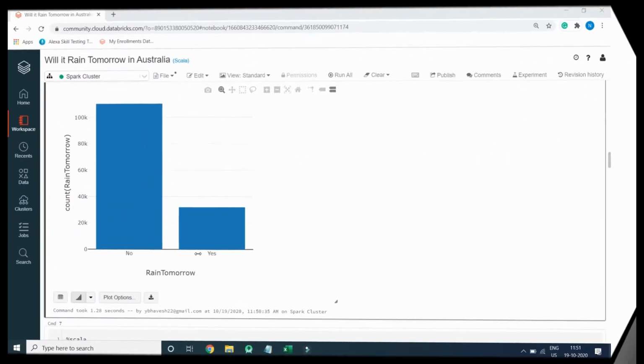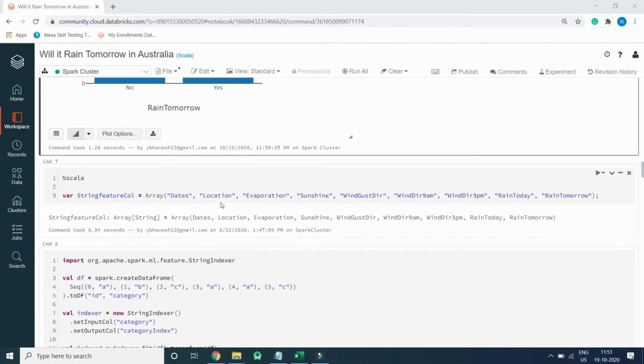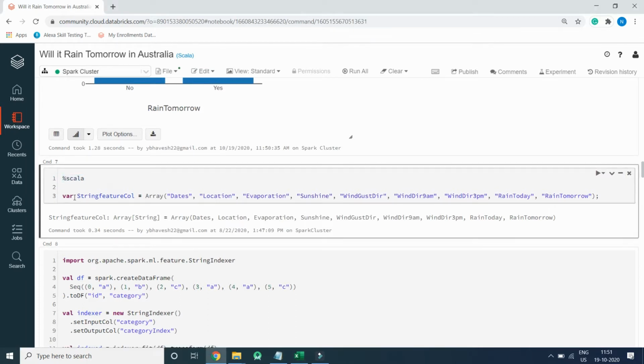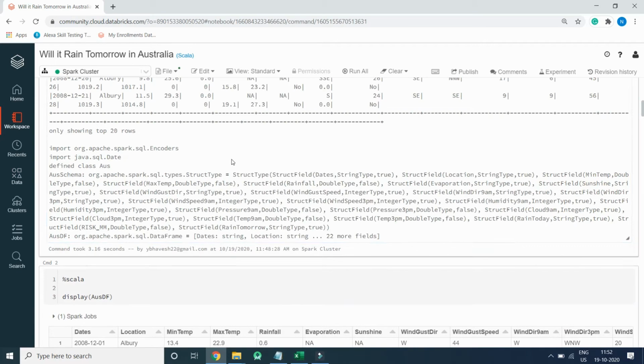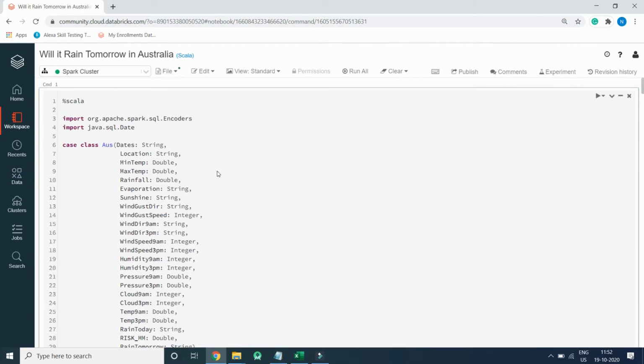Welcome back. So let's continue with the next process. So we have written val and we have defined a variable string feature columns equal to an array of all the string columns. So the number of columns which are defined as string, we will create an array of it, because